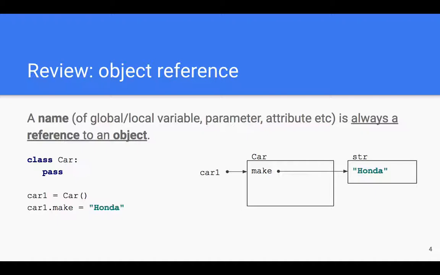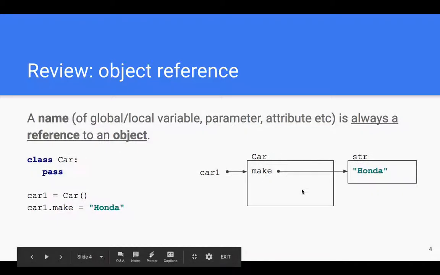So let's review that quickly. This is again one of the most fundamental concepts in object-oriented programming in Python. So if we have a class Car and then we instantiate a Car instance and assign it to a name, what we basically are doing is that we have an identifier, or a name, car1, and it references or points to an actual car